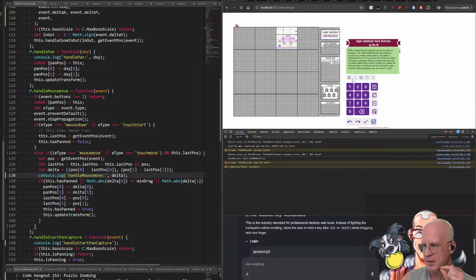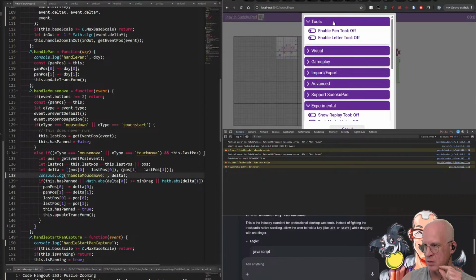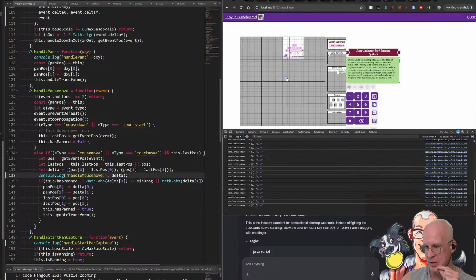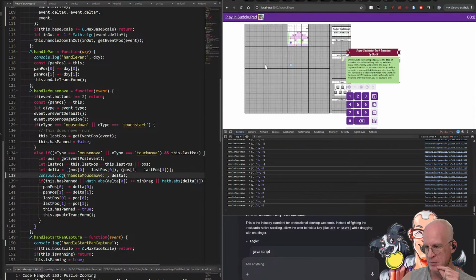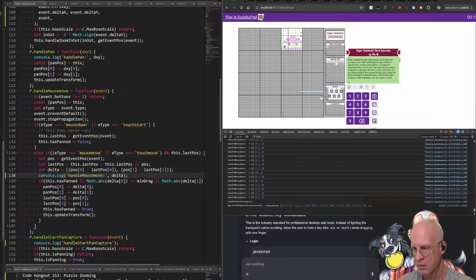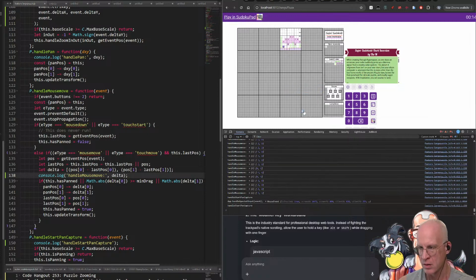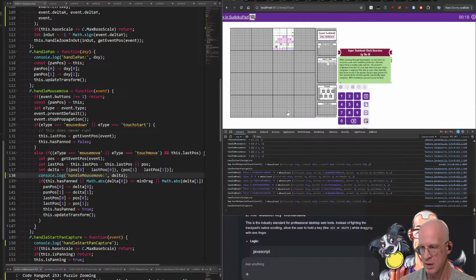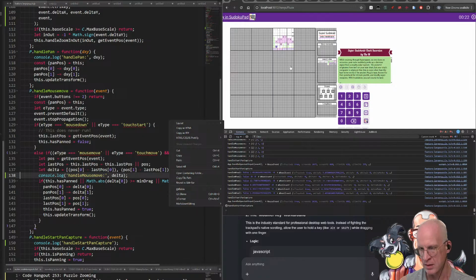Let's disable that startup dialog as well. Gameplay, don't pause and start. So if I right click and drag, the numbers are relatively small. And then if I double tap and drag, yeah, it's really hard to press down on the touchpad and then